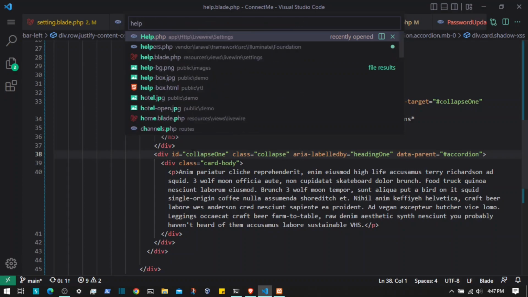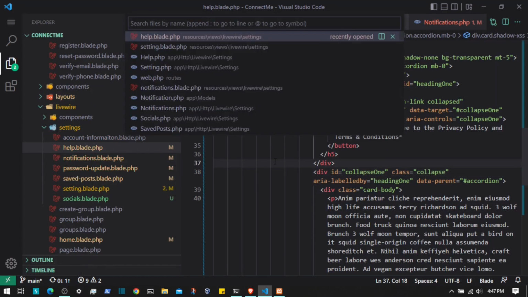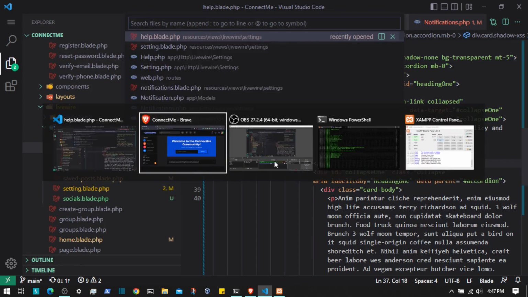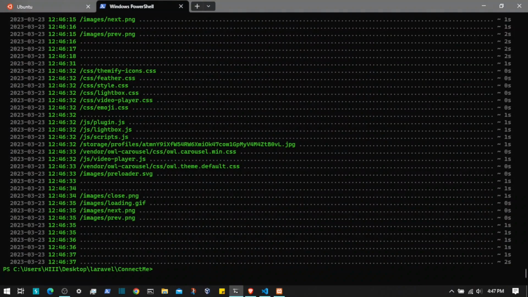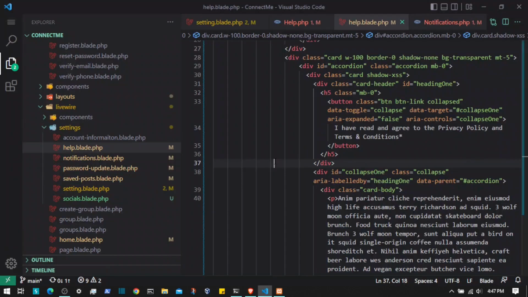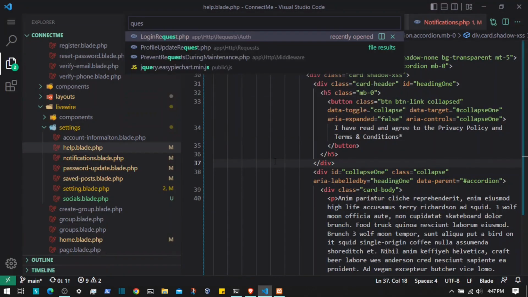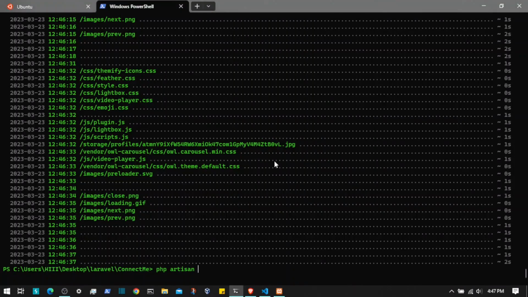So we have a route for that model. Let me see. If I search for FAQ, we don't have one, so let's quickly create one. So PHP artisan, this will be pretty simple, like question and answer. If I search for question here, no, we don't have one, so I'm going to create one. Make a model, let's say help, help box or help desk or something. Let's say help, but how about FAQ,